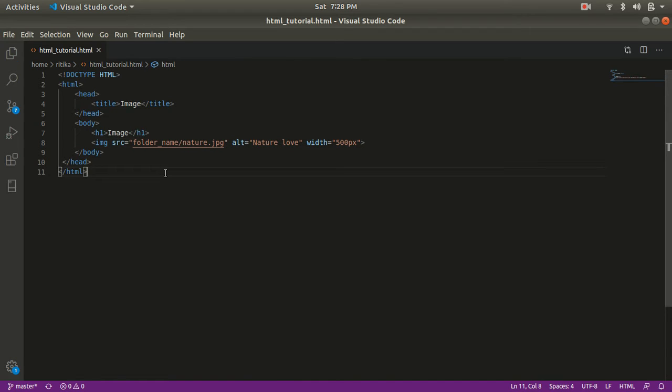Since I don't have any folder with such a name and I don't have any image with such a name, my image will break down.